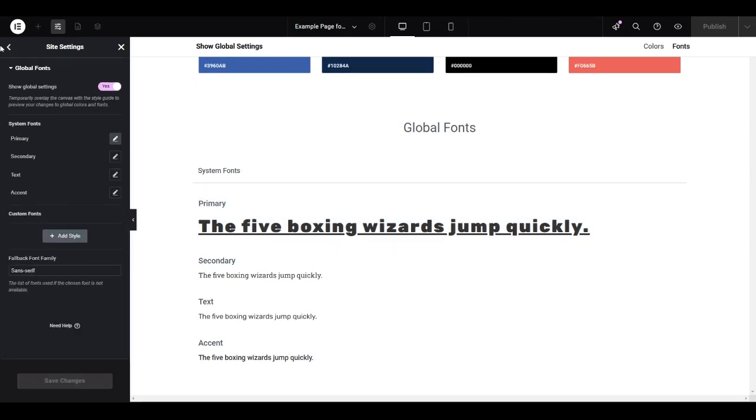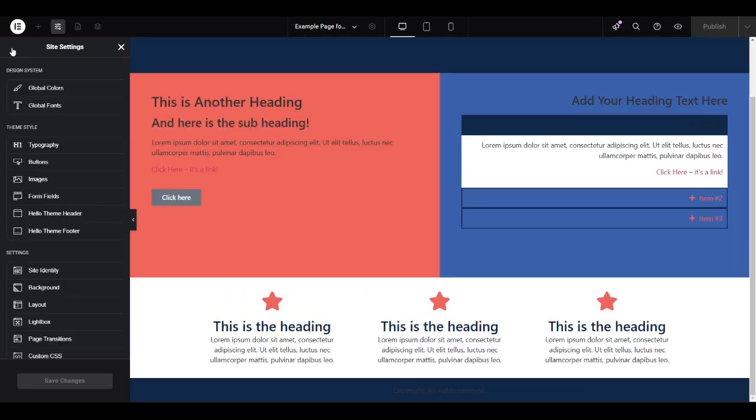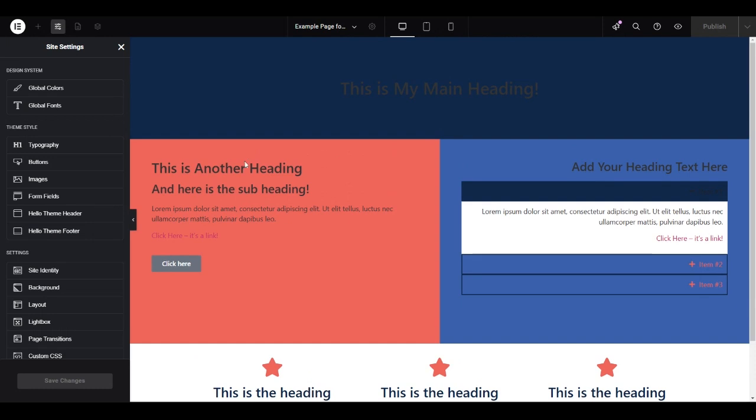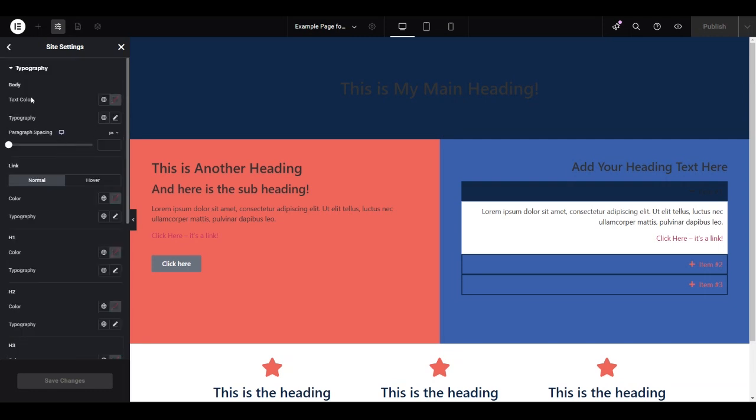Now what I'm going to do is apply that font change to the various elements of my page. So we've got different headings and texts around the place. To do that, we click on the typography button here. And we've got different types of typography in here to change. We've got our body text, links,